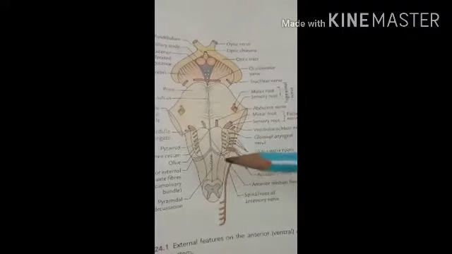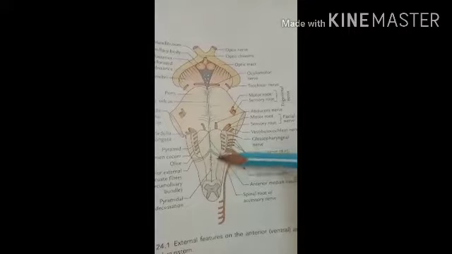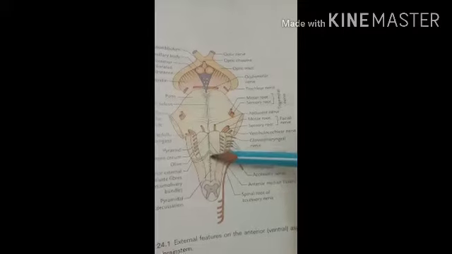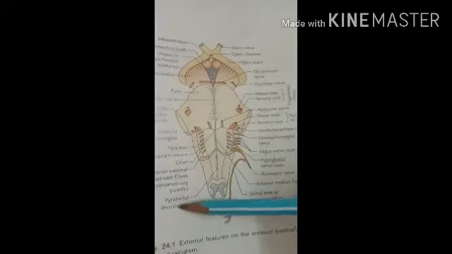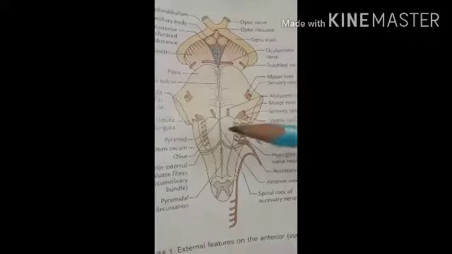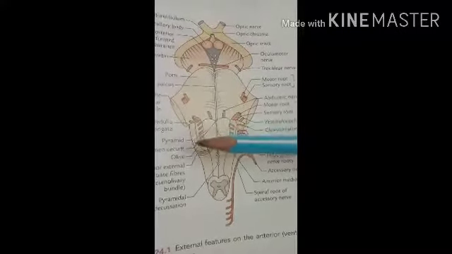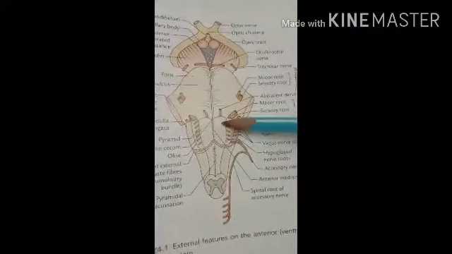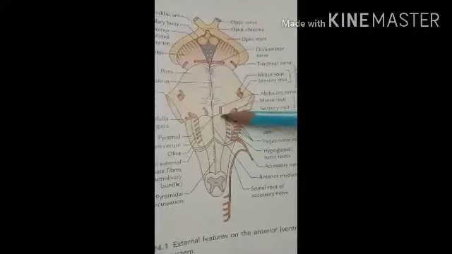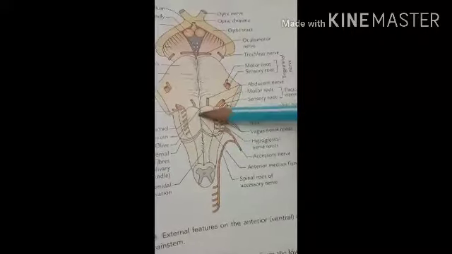Some fibers cross with each other. Here you can see these nerve fibers cross with each other at the lower side. It is called the pyramidal decussation. Then some fibers go transversely across to the upper part of the pyramid. Here you can see these fibers. They are called the anterior external arcuate fibers, this one.